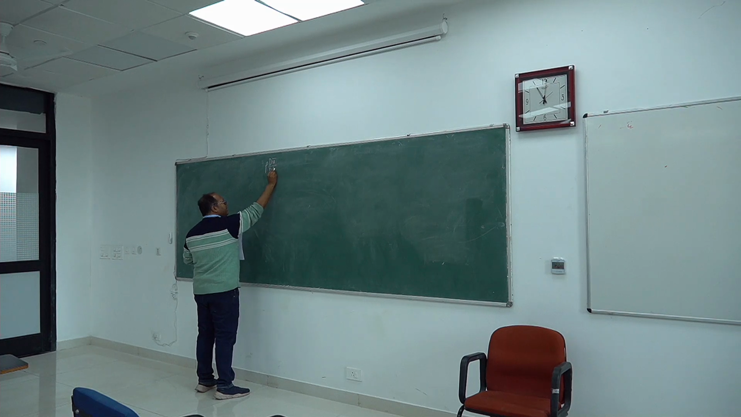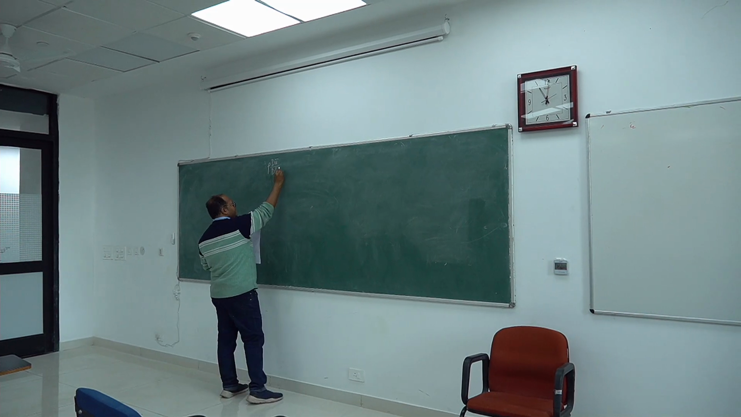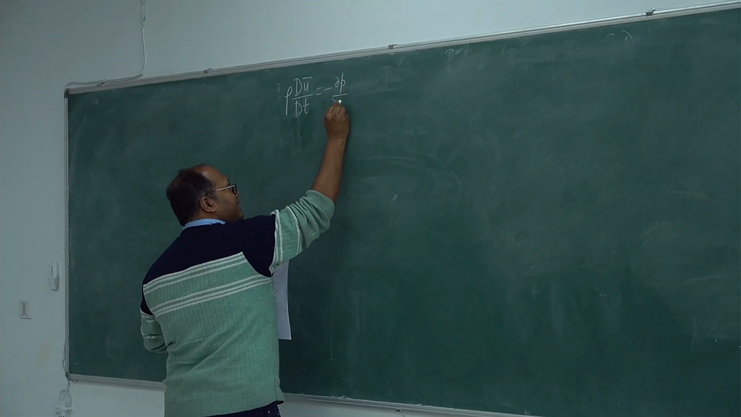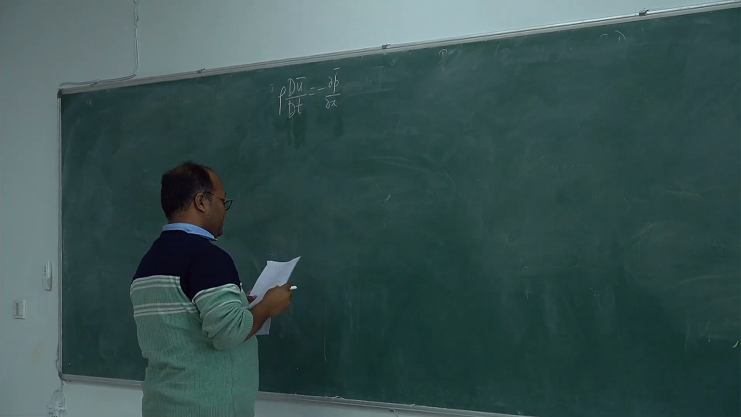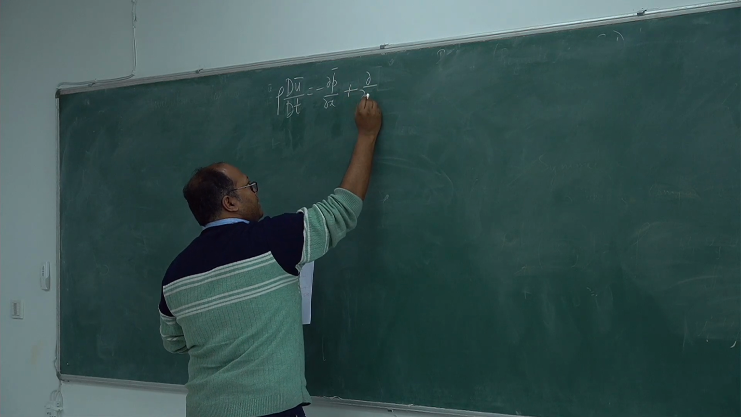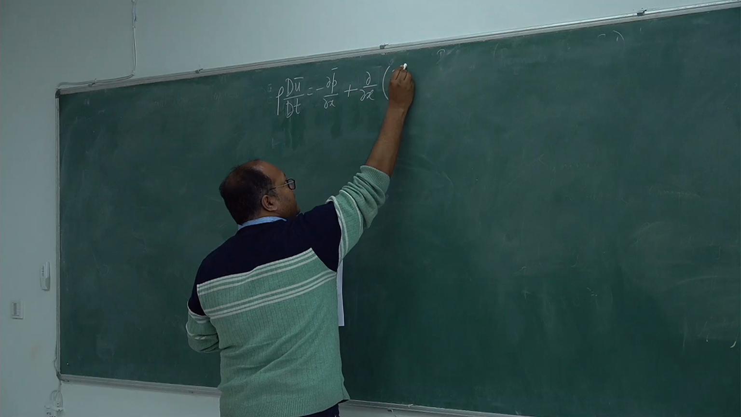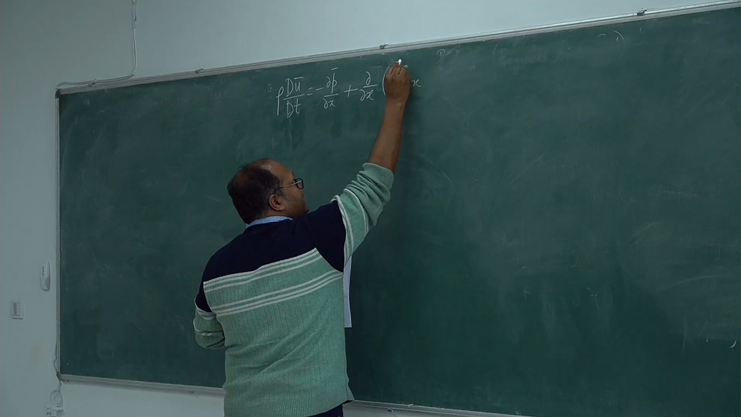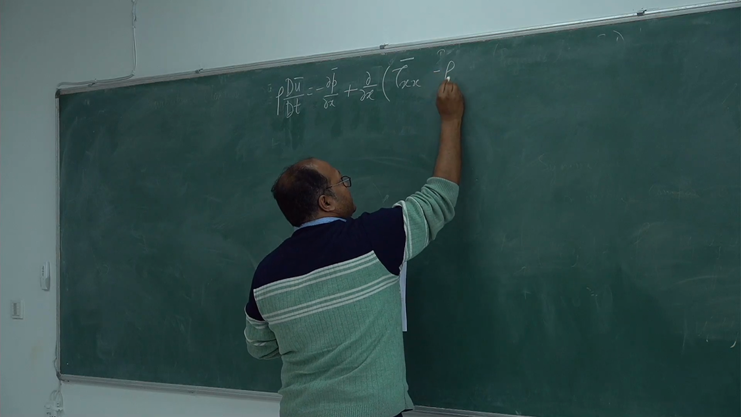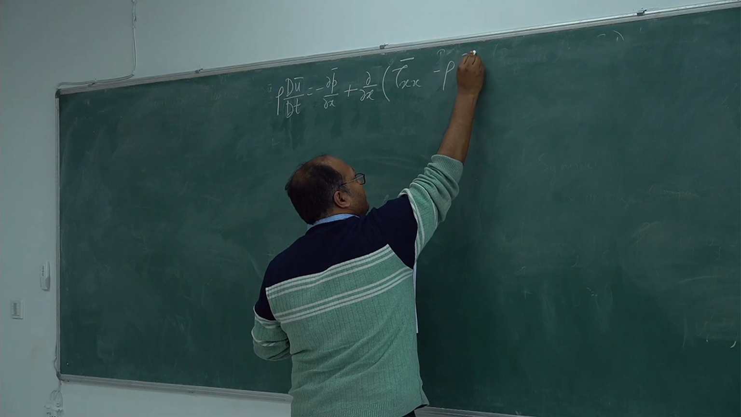We can rearrange like this. Then ∂p/∂x, Q bar, plus ∂/∂x of tau xx, this one, minus rho u dash square,